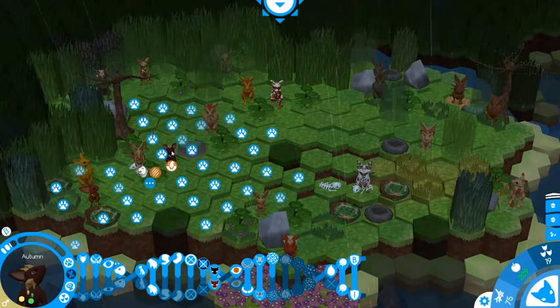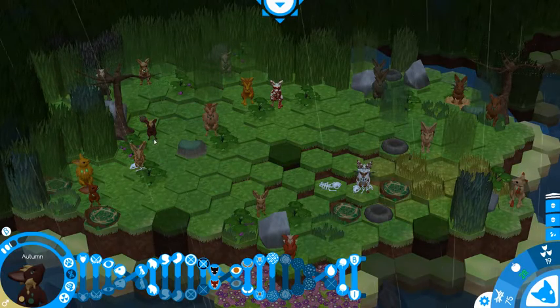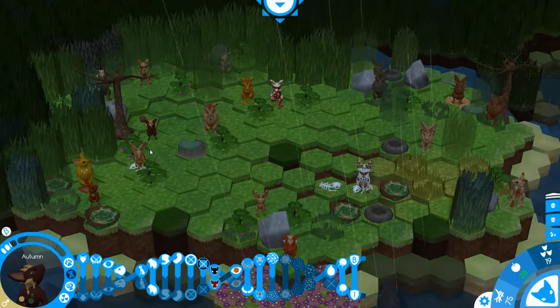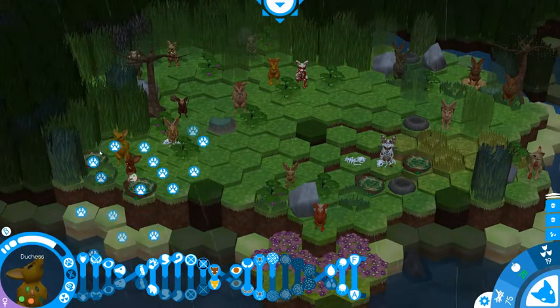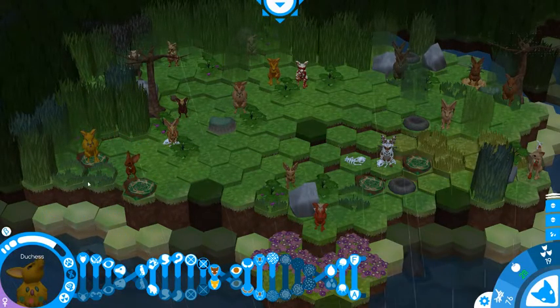Autumn can move up slightly towards this tree and actually start picking up these nuts, because there's nobody left directly around the tree who is picking up the nuts at the moment, and we don't want to lose them as one of our food sources. And then Duchess can start clearing out a path around this nest so that we can start to use it